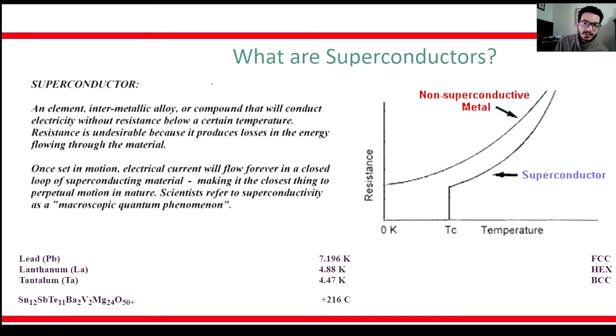So, what are superconductors? Superconductors are elements made of metallic alloys, meaning they're a solution of different metals, and they conduct electricity without any resistance, which happens below a certain temperature. Remember that resistance is not desirable because it produces losses and inefficiencies. Once set in motion, electrical current will flow forever in a closed loop superconductor. That's why superconductors are so interesting, because you can have electricity flowing forever if you have no resistance to